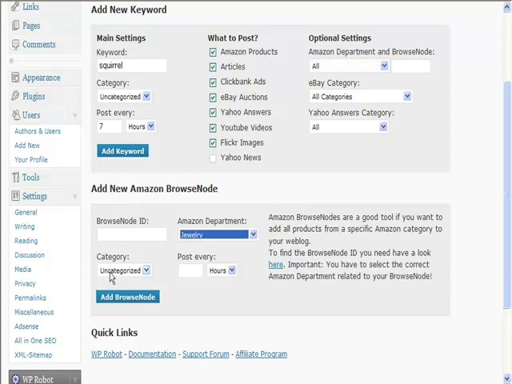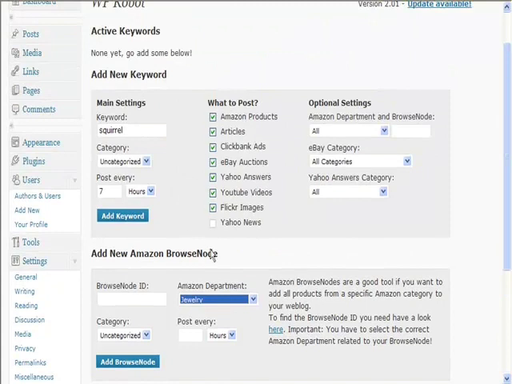It's very powerful, very effective, and you can see you've got lots of options here of what you can post. You can monetize, as I said, Amazon with your affiliate link, articles with AdSense, ClickBank ID, eBay with your eBay affiliate ID, and the rest all with Amazon, AdSense or YPN or any of the other types of posts. So very powerful. If you're really serious about setting up an auto blog, then this is a tool that you